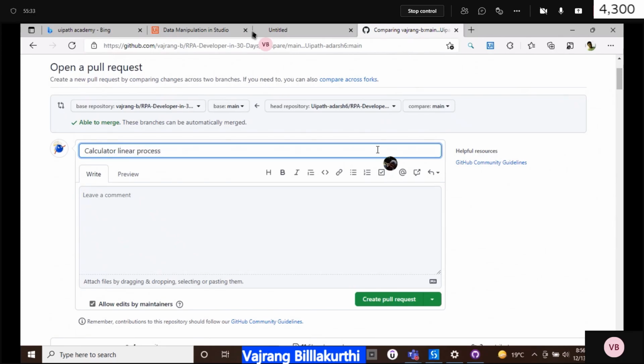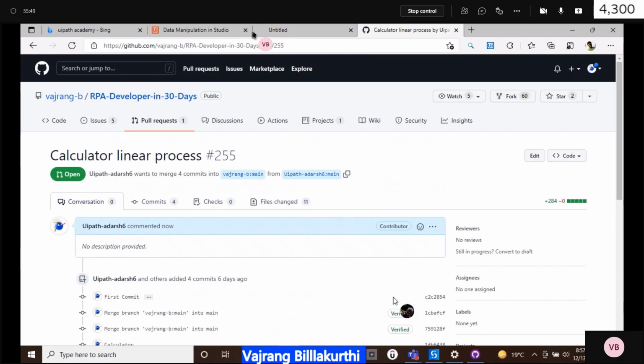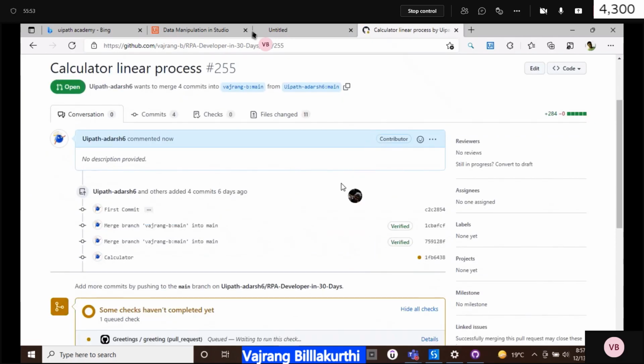So this is a linear process, right? Whatever we are doing, yes, we are getting the data one by one, and then we are closing it. Everything is done in single access, single workflow. So yeah, create a pull request. Vajrang, linear in the sense we're getting only one-time data, right? Here it is iterative, right? We are using for each row. Correct. You are correct.